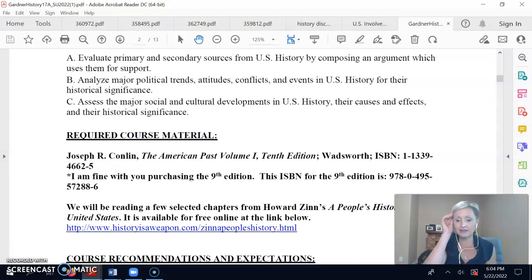However, that being said, that means you actually do have to go find the book, and you need to get it ASAP because you are required to cite the book in your weekly discussion assignments, and those first discussions are due on week 1. So no dilly-dallying, you need to get that book ASAP. However you want to go about doing that is your own business. If you need any help, please feel free to reach out, call me, text me, email me, and I can help.